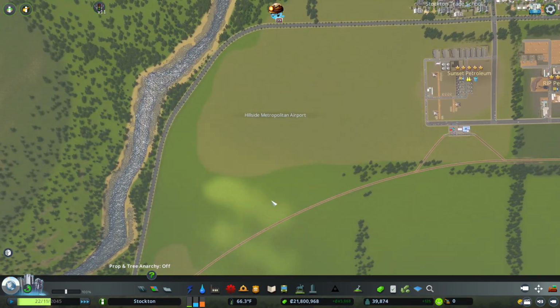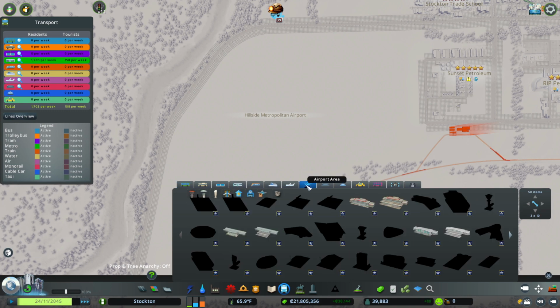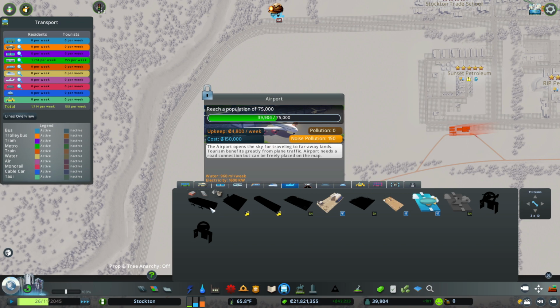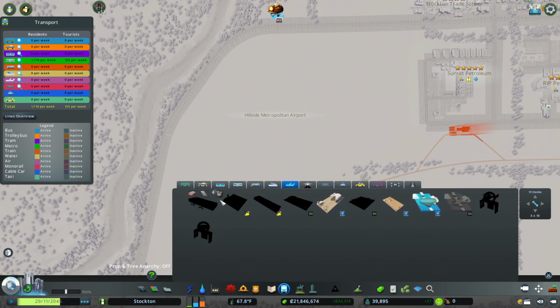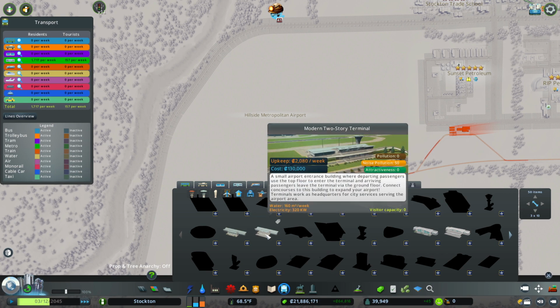So, I'm not going to bother renaming the airport right now. One thing I also don't, I assume it's in transport. Let's see. Airport area, and this is just the regular old airports. But you can actually start building an airport area at a lower level than you can put in a regular airport. So that's why we're gonna go. Well, I mean, that's one of the reasons why. The main reason why, let's see,